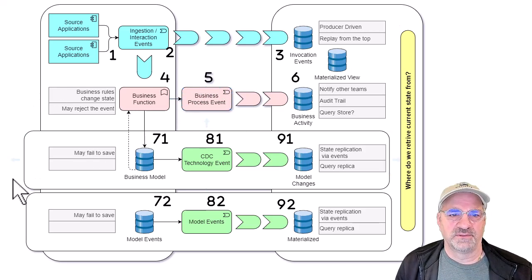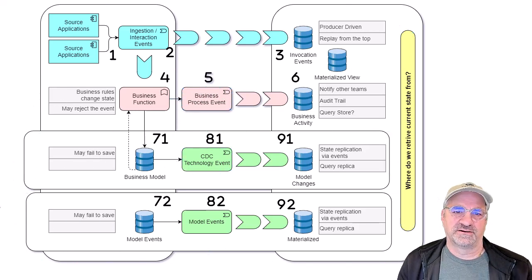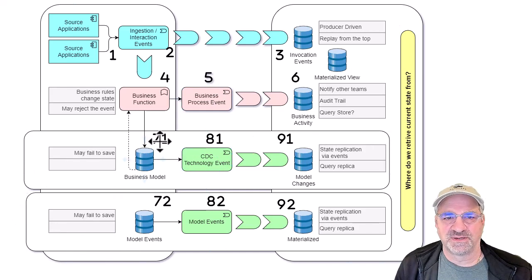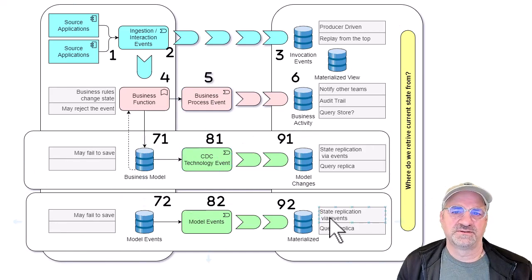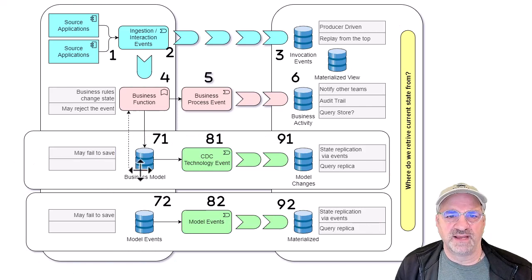So now, in the bottom, the question is we have two different options on our data store, track 1 and track 2. So that's why they're 71, 81, 91, 72, 82, 92. We may just do a business model thing, right? So